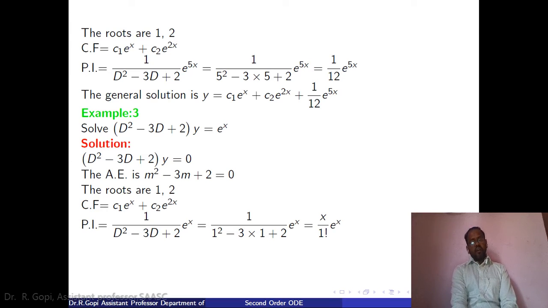So here we have to put x in the numerator, then differentiate the denominator, that is nothing but 2D minus 3D. So we have to put D by 1, that is nothing but 2 minus 3, with a minus sign here. That is nothing but x divided by 1 factorial into e power x. So there is a difference between